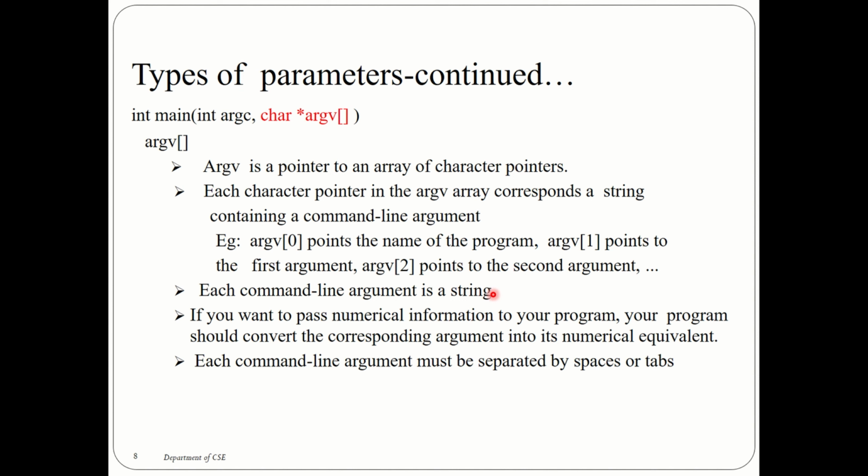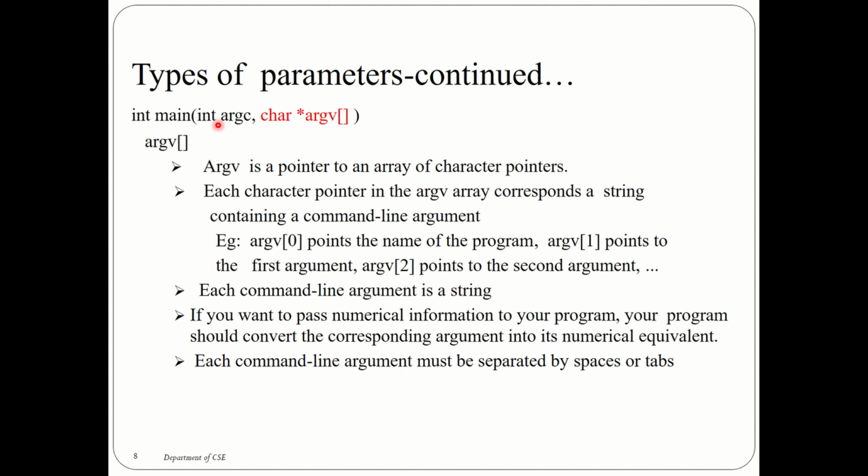Now the user has to explicitly use a function, say atoi, that is a string to integer conversion function, in order to convert that first argument. Then again the second argument, you have to convert it according to your application. And always make sure that if you have multiple arguments, all the arguments have to be separated by spaces. So ./a.out, then a space, then welcome, then a space, then the next one. That space will count the number of the arguments in the command line.